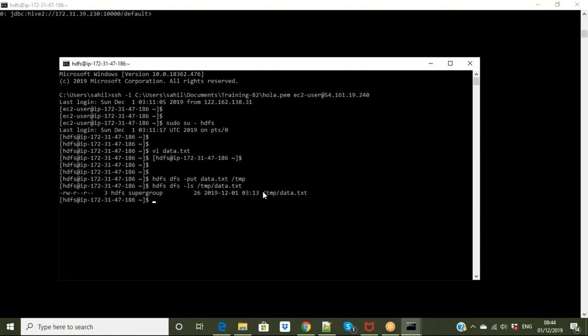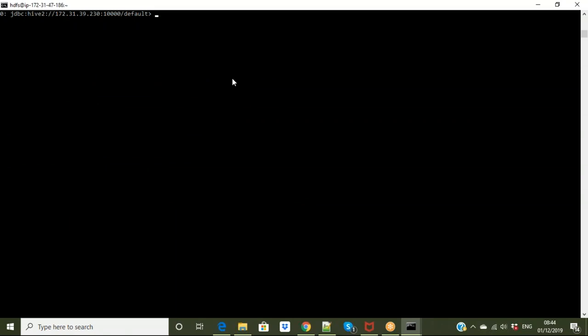So now I can see my data is present in the temp. Now the command used to load data is LOAD DATA INPATH. After INPATH, you have to mention the path from which you want to load your data from. So I have copied my data in /temp and this is my data name, right? So LOAD DATA INPATH